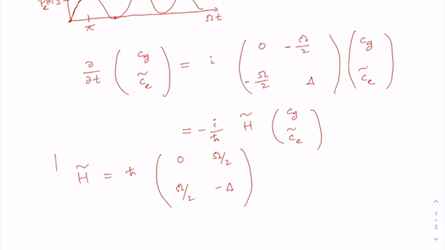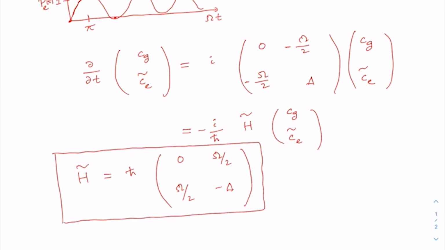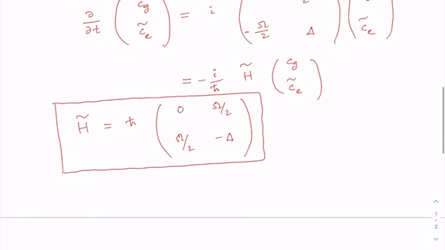So this is the effective Hamiltonian for this two-level system plus the laser light in the rotating frame of reference. So this atom is now coupled by the so-called Rabi frequency, and in this case |g> and |e> are not eigenstates